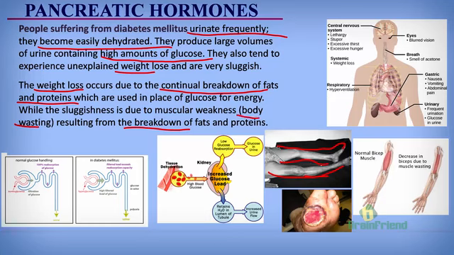Let's assume this is a diabetic patient, and the patient had normal muscle buildup. After a while of suffering from diabetes mellitus, you could see that the person's muscle is now reduced, it has decreased. That is called muscle wasting or muscle weakness. All of this results from the breakdown of muscle tissues, fats and proteins in the muscle, which are utilized in place of glucose. Diabetic patients also experience some other complications.